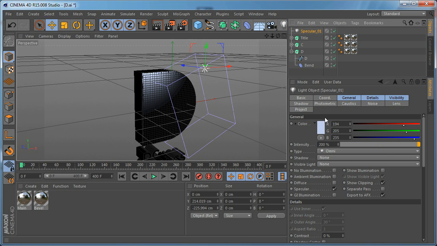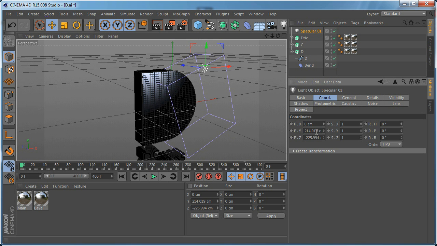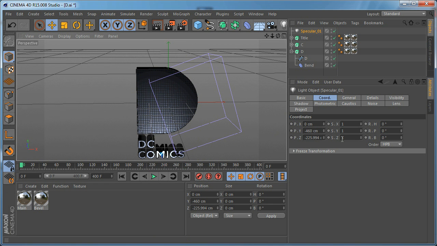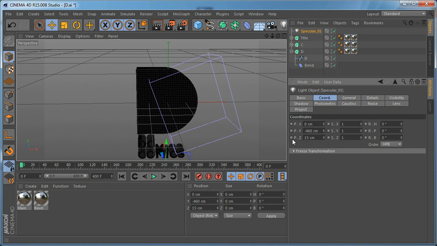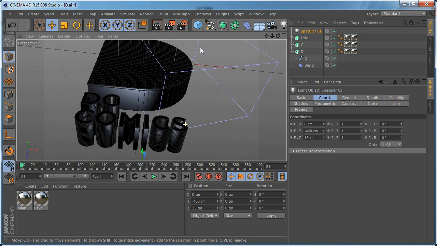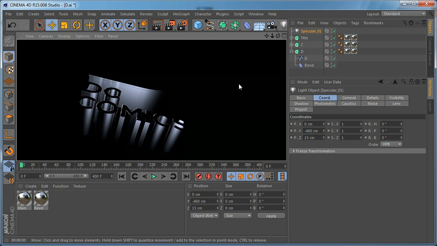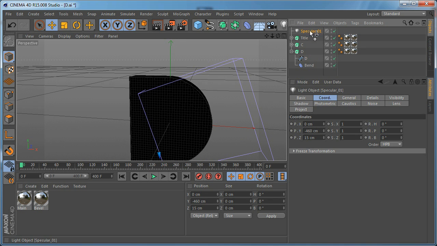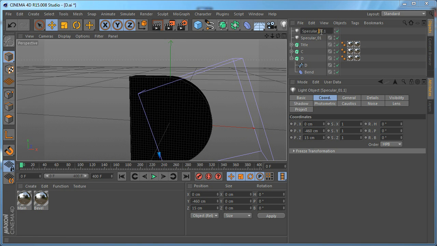So for this first light, I'm going to position it at the bottom here, and maybe set it here just to light the letters from the bottom, and you can see how they look so far. And now let's create a copy of the light, and let's rename it to specular 2,